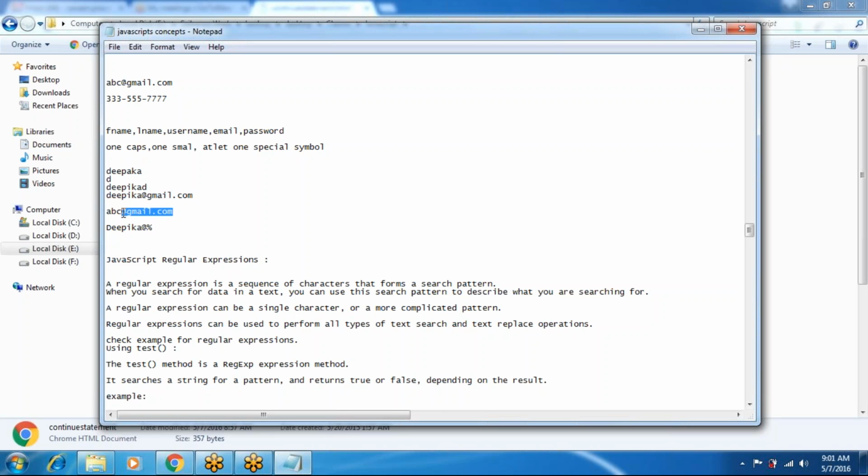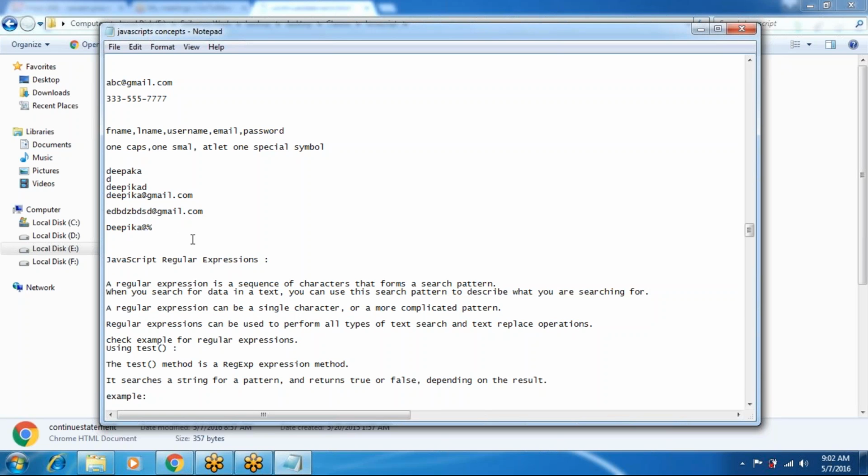If you enter an email like this without it, the email text box will not allow it. You must use a domain.